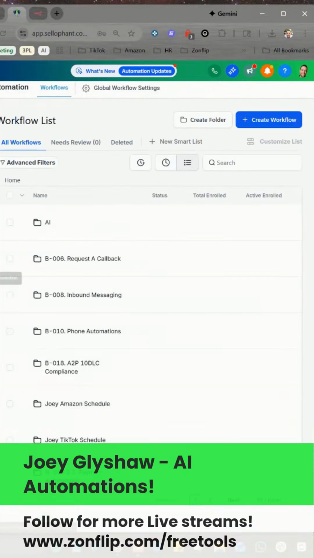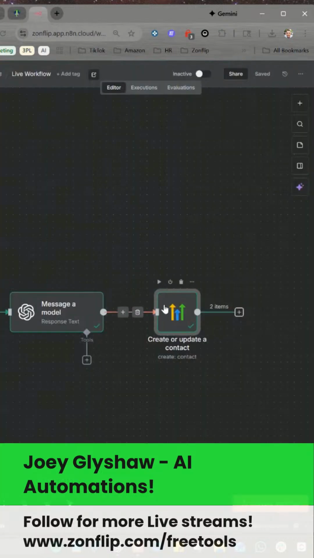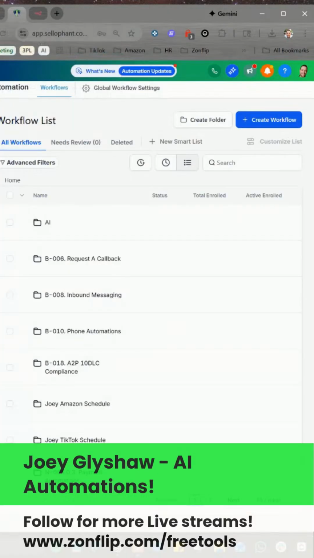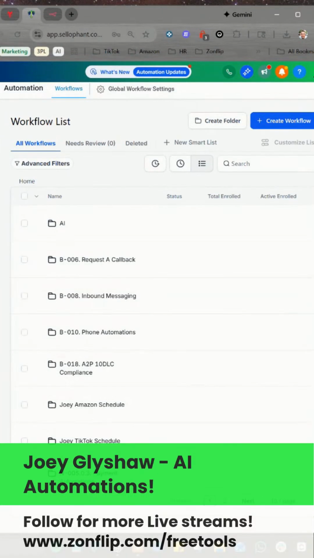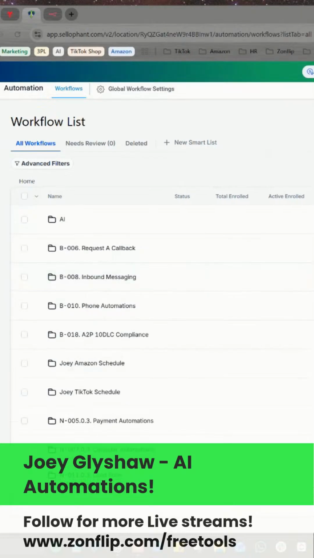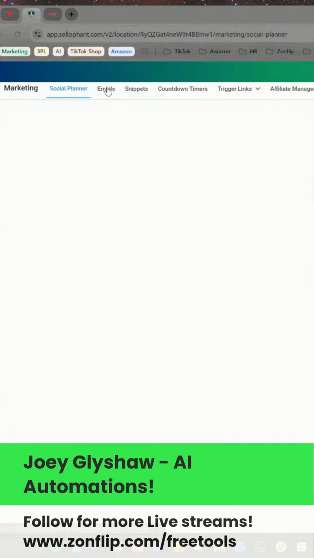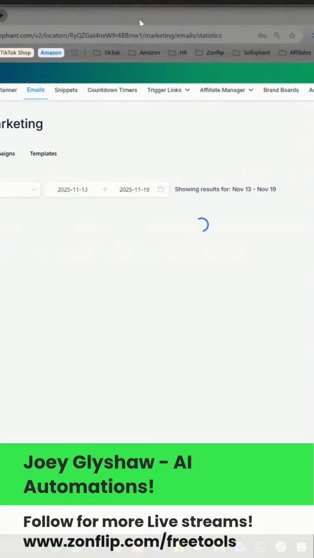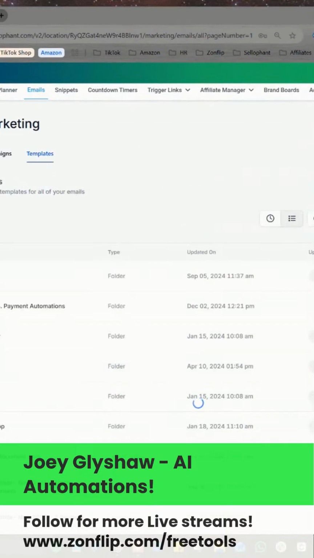Even in the workflow, we could actually have it write out the email using AI. I'd probably use the AI in N8N first and have it output an email body based off of the information. But let's go create an email template over here. It's in the marketing tab. So we go to marketing, email. Let's create a template